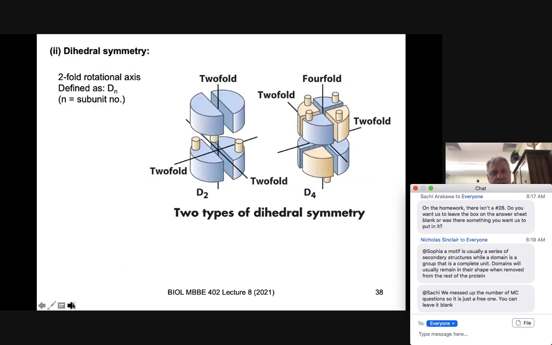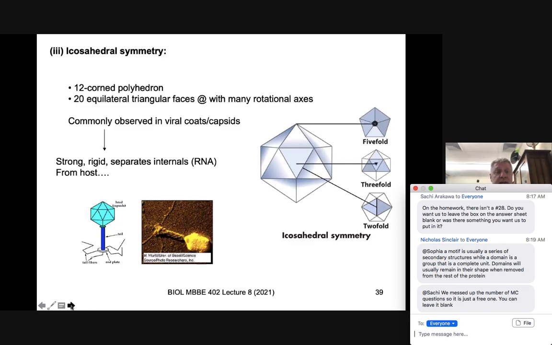When we look at the dihedral, this is where we start seeing further compounding, now a multi-layer of symmetry being present in regards to D2 and D4, in regards to having multiple subunits and their orientation, whether they're actually posed on top of each other or staggered or basically in an opposite control position because of their hydrophobicity, their ionic interactions. So again, we have these types of dihedral symmetry with additional layers being placed upon the structure of the protein. We have this also icosahedral symmetry, and this is very interesting